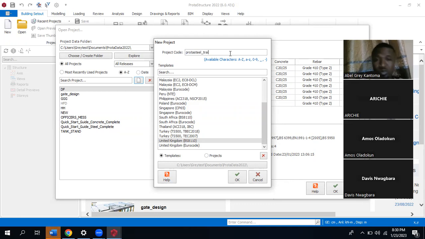Like it's written here, available characters, you can only use dash, comma, underscore. These are the characters you can actually use in spacing. So that is why I'm using underscore, Protasteel underscore training. So if I click on OK,